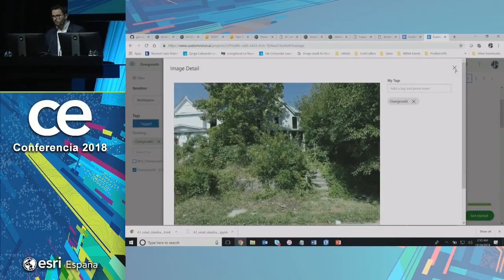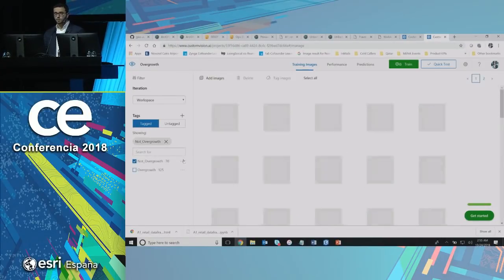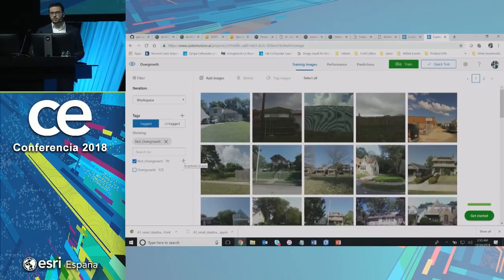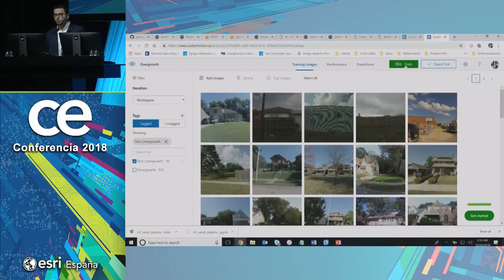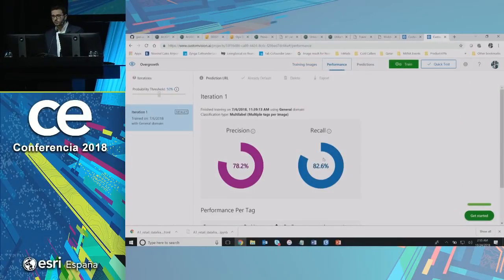That's the image of another house. So this is called a positive example. You need to complement this with some negative examples as well. So we uploaded some photos with negative examples, and we trained the model. You just click train, and it's going to train. No code here. You can explore the performance and see the precision and recall, which gives you an idea about the accuracy of the model. It's generally about 80%. And you can easily connect this to ArcGIS.